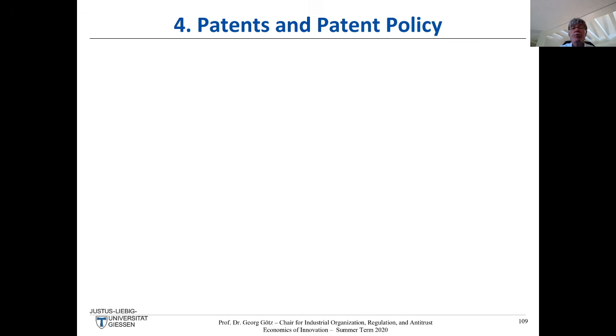Okay, before I move on, I want to make another break here and ask for questions briefly. Okay, as there are no questions, I move on, and now after this tour de force through the Dasgupta Stiglitz model,